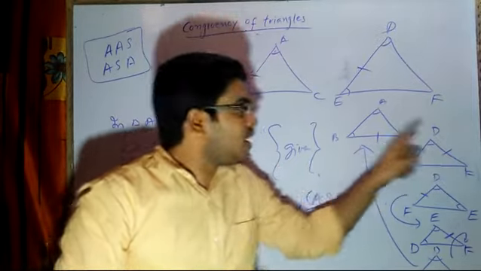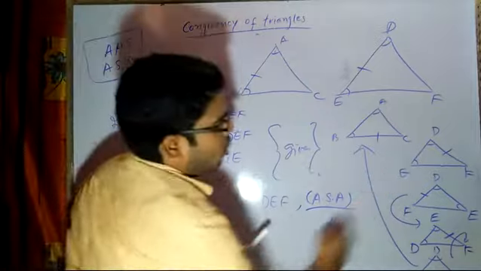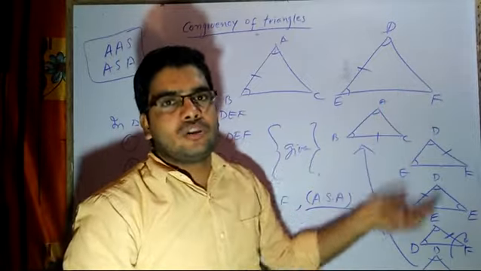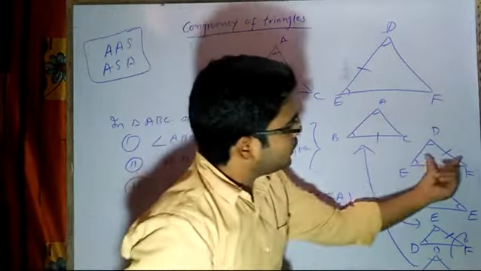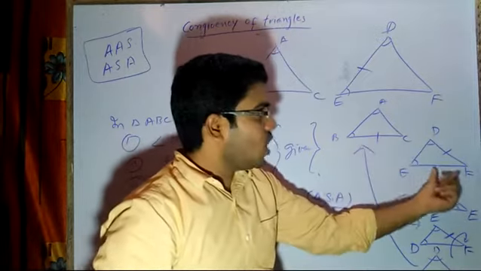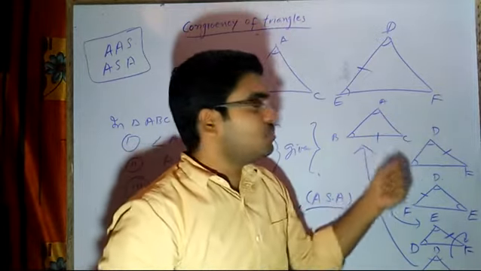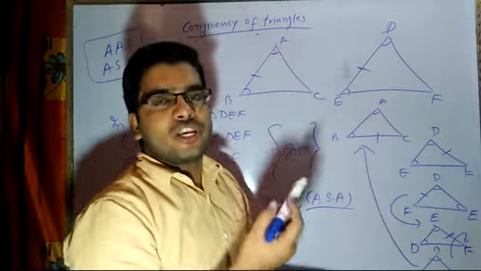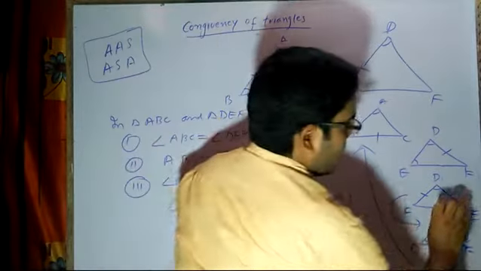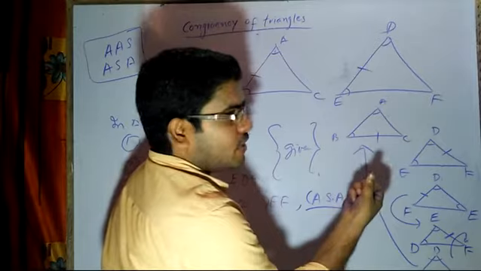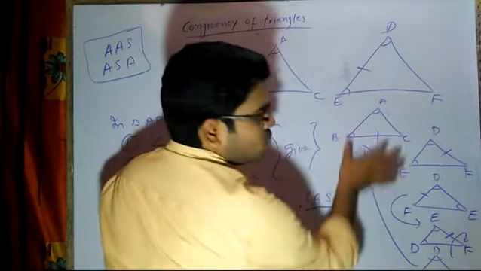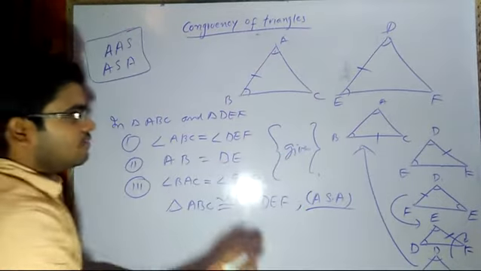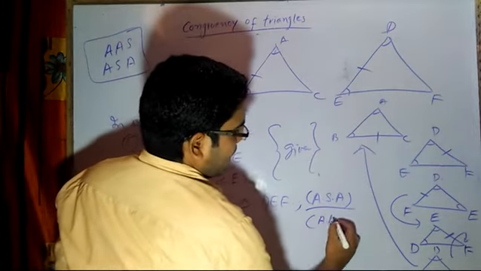See, what I want to say is that if angle and side are outside, then also we can say that these two triangles are congruent, since I have done the rotation, twisting and all those things. Right now it was not looking like these two triangles are congruent, right? But if I rotate this, do the anti-clockwise and clockwise rotation, take out this triangle and rotate it in 3D observation, then obviously I can find that these two triangles will come to be equal. They both will be equal.